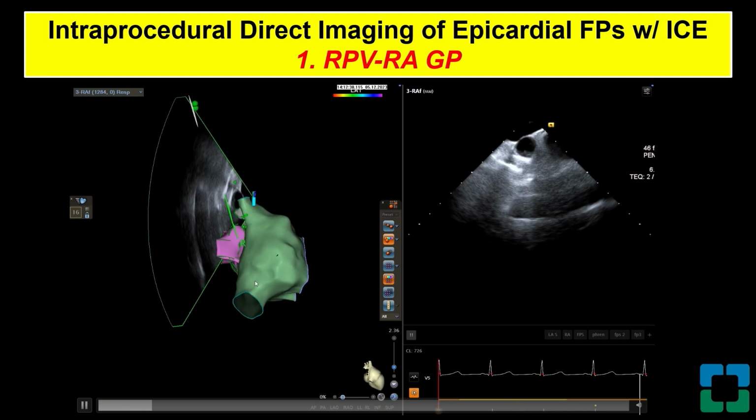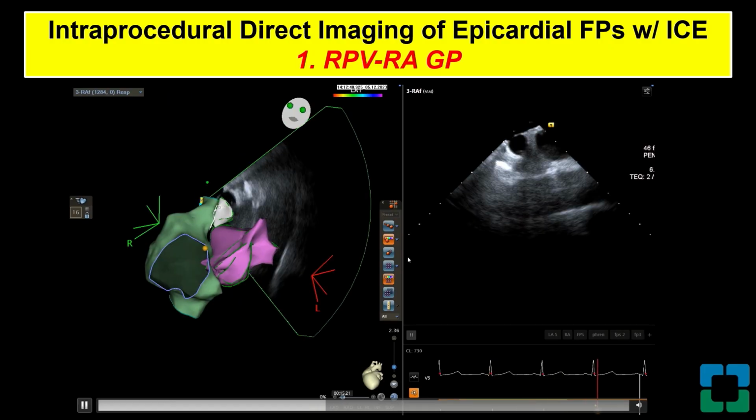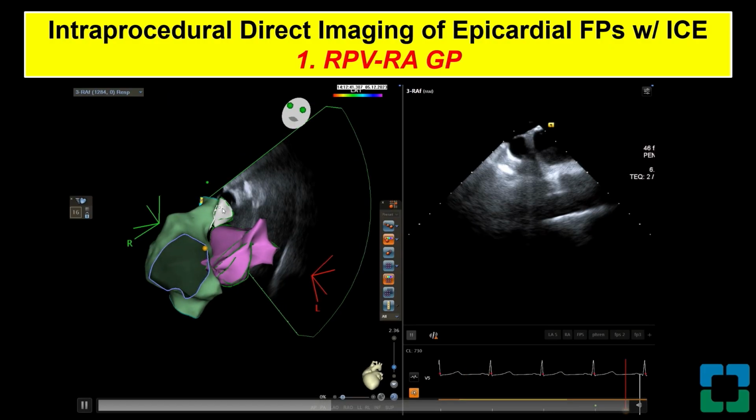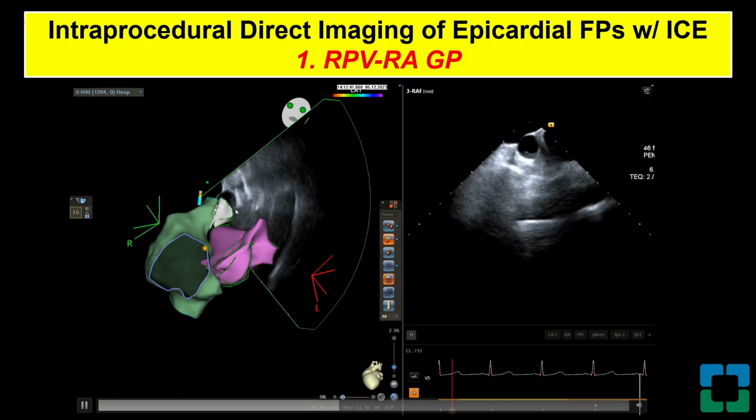What you can do with intracardiac echo, you can simply look at that, but you can also reconstruct it. So here with CARTO integration, you can see there is a reconstruction of this right superior paraseptal fat pad. It's imported directly within the map, and that's the only target you need, really, for sinus node denervation. You can also reconstruct the right and the left atrium. In this case, the reconstruction was done with ICE.